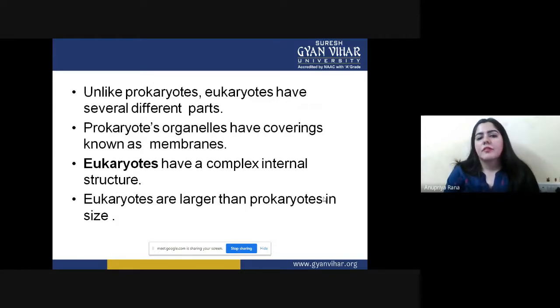Next characteristic: eukaryotes have several different parts. Prokaryotes do not have major categories under cell organelles, but eukaryotes have several different parts. Mostly prokaryotes have a covering known as a membrane, but eukaryotes have a complex internal structure. If we compare the outer coverings, the prokaryote covering is slightly complex, but the eukaryote internal structure is more complex because